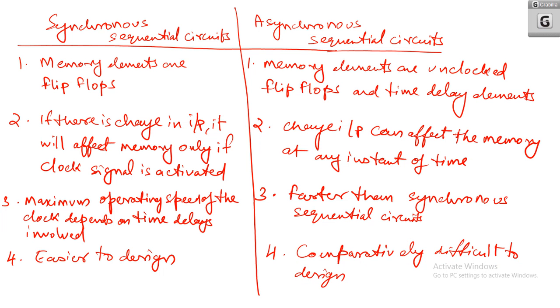Asynchronous sequential circuits are tough to design, because in synchronous sequential circuits, if you need to control something, that entire area is taken by the clock. Whereas in asynchronous sequential circuits, we need to create a separate circuit for taking care of setting, resetting, and this kind of operations. Okay, so that is the basic difference between synchronous and asynchronous sequential circuits.